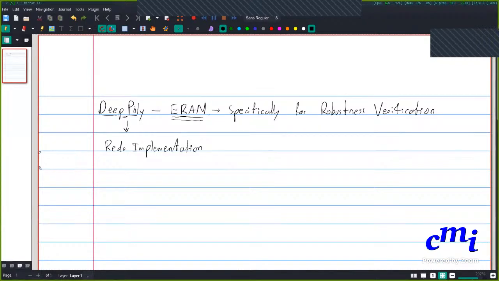But I would consider safety properties as a special case of robustness properties, no? Because it's a degenerate robustness property in the sense the input does not change. The epsilon, the perturbation on the input, is 0.